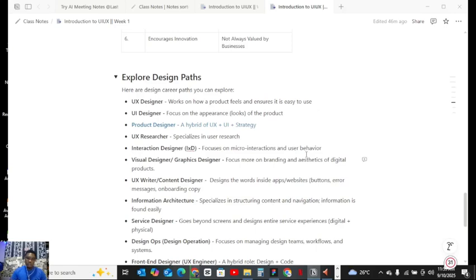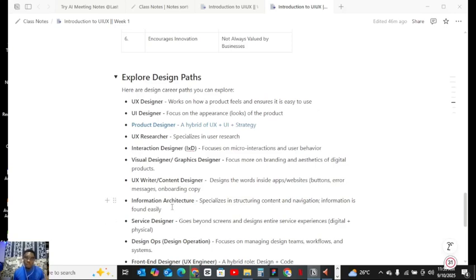You understand? So that's the function of a UX or interaction designer. It is based on interaction. How am I going to do this thing? How am I going to use this thing as a user? So it works based on that.